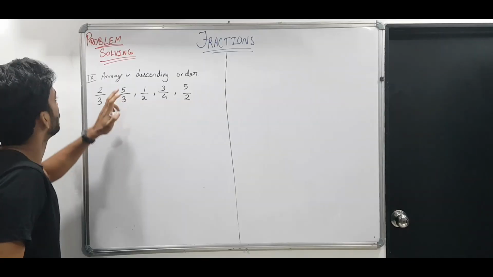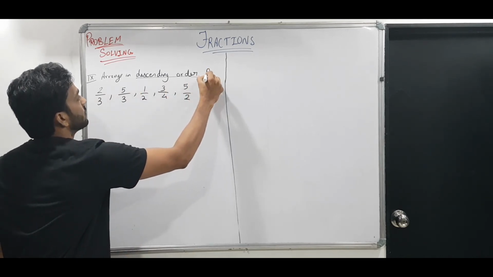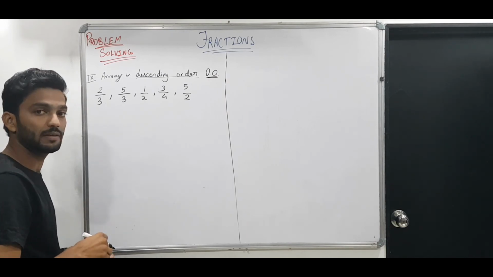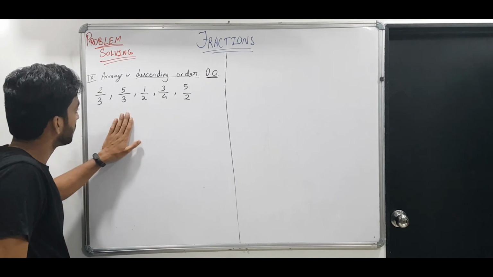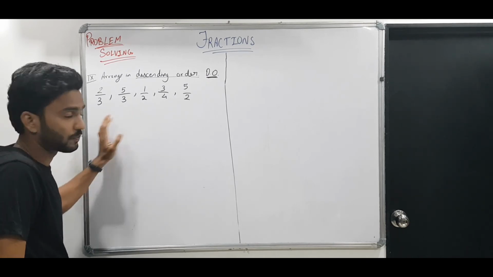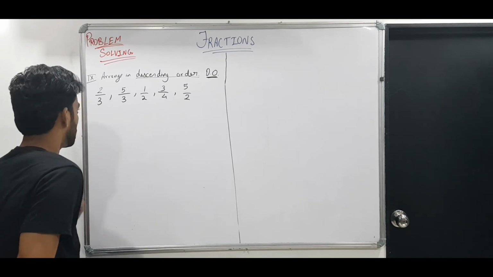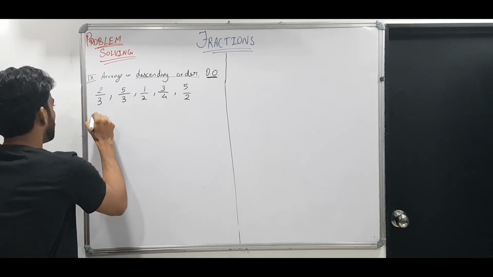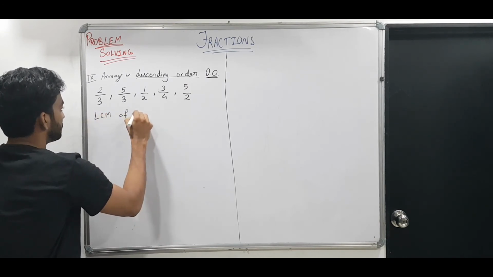In this question we have to arrange the fraction in descending order. Descending order में arrange करना है. Means we have to compare. For comparison or like arrangement, we have to make the fractions like fractions first. Then we have to arrange them as per the numerators. So like fraction बनाने के लिए first step हमारी होती है LCM of denominator.